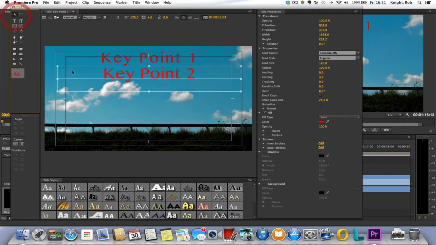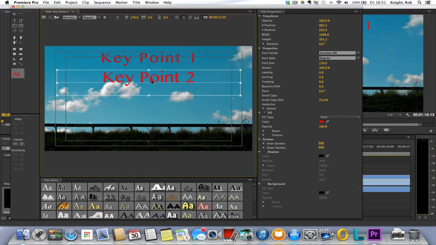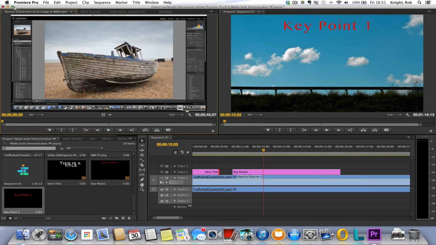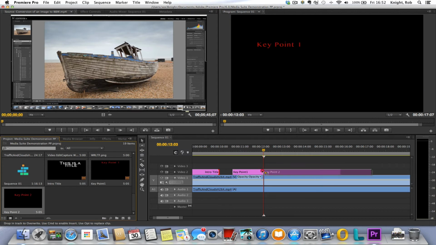And once we're happy with it, we click on the selection tool again, click off it, we can move that around and decide where we want that to appear. And again we close this window here, and we get our text for key point 2. We drag it over, we can put it on top of key point 1 so it's see-through, or we could put it on video line 3. So I'm going to decide I want it here. It automatically snaps to the playhead,